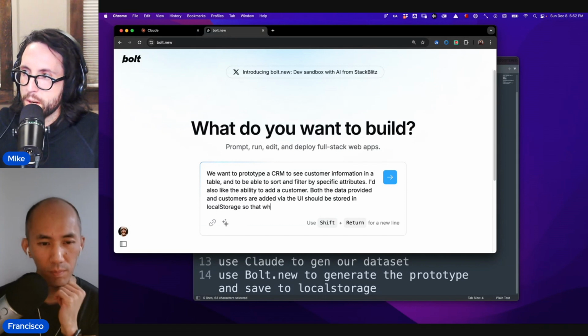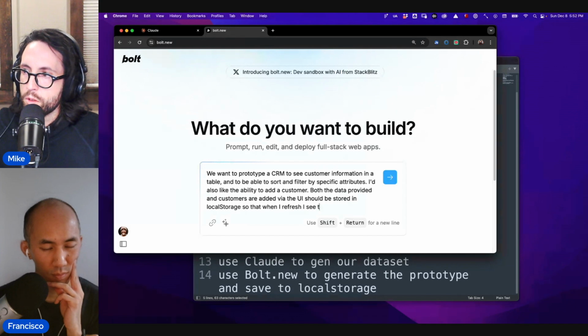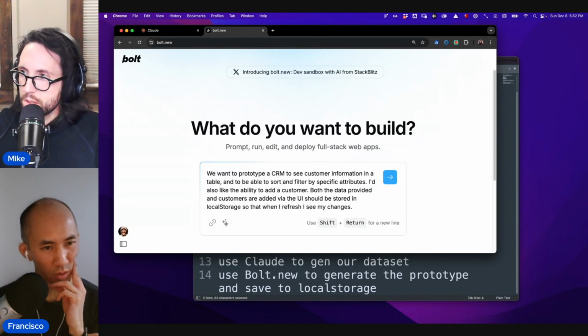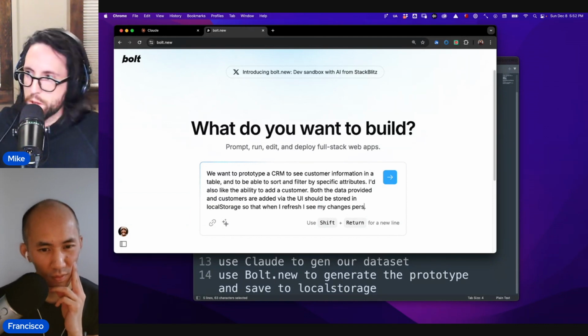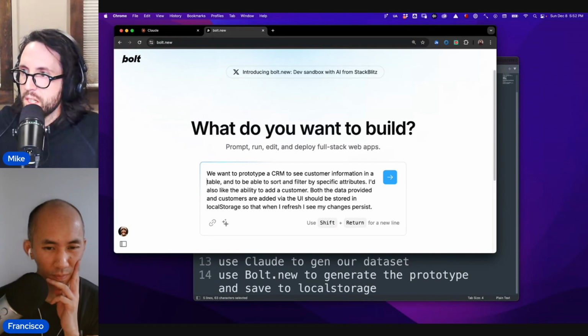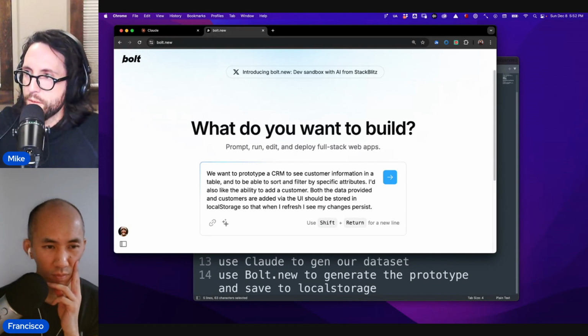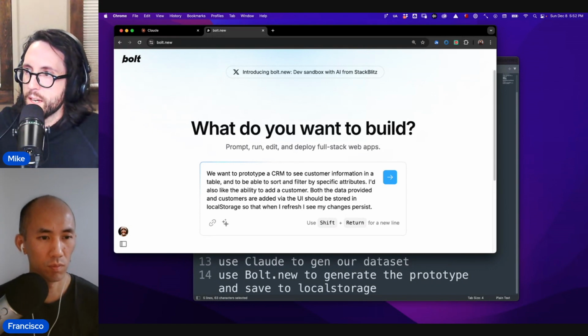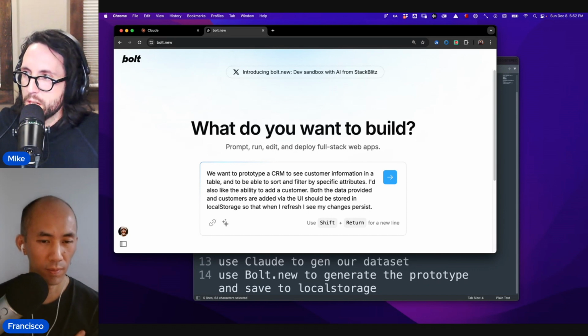Yeah, so when I refresh, I see those changes. I see my changes persist. Persist. Love it. Okay, so we should have our object now, and we'll say we want to prototype a CRM